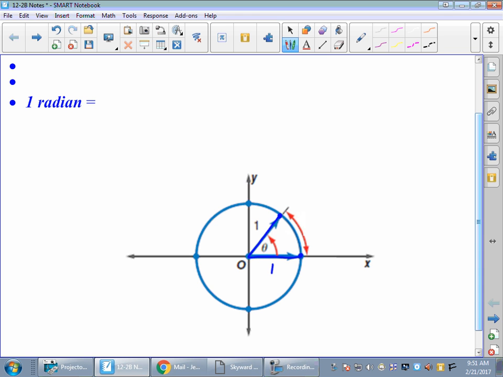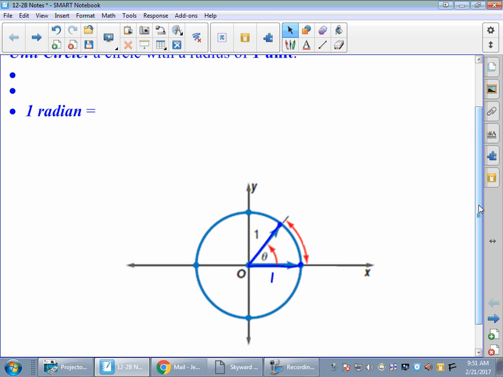So if you take that standard angle in standard position, you've got your initial side and your terminal side, and they're both touching the circle, then what I want you to envision is taking like a string and measuring that radius and then curving it along the angle. And so this right here, this red arrow, is 1 unit long. Since our radius is 1 unit long, you're taking that string and you're curving it along that circle, and that